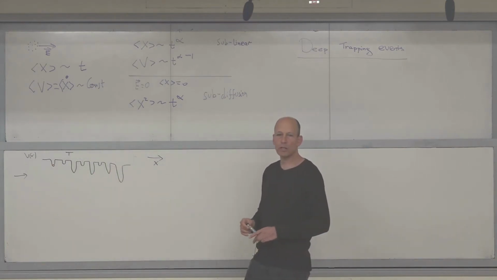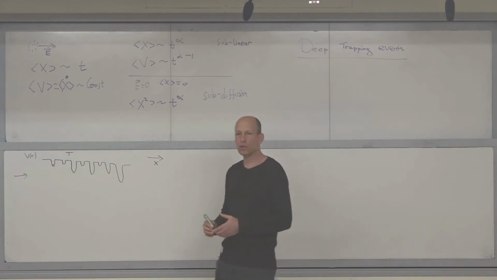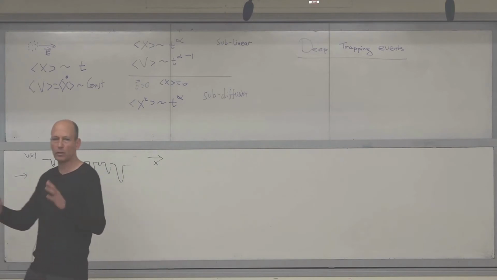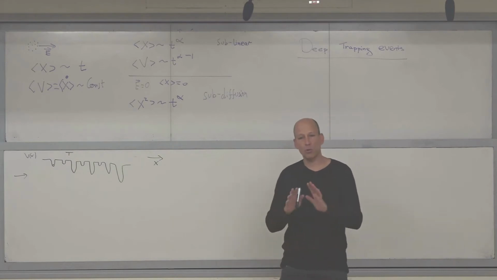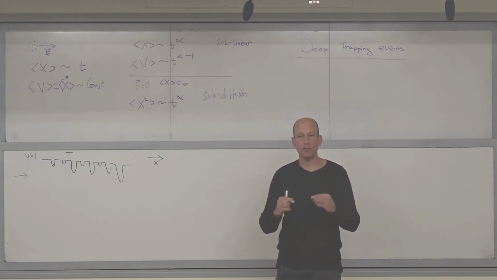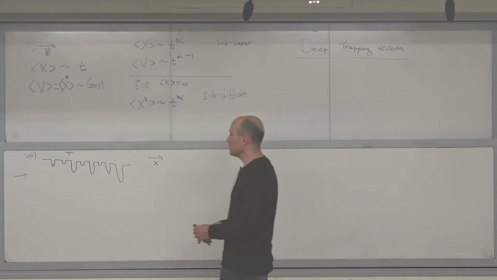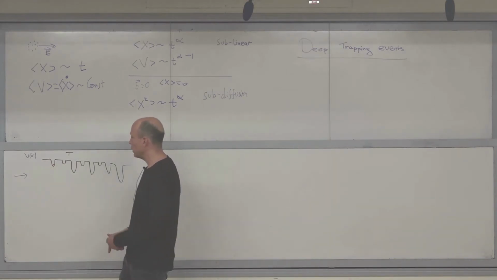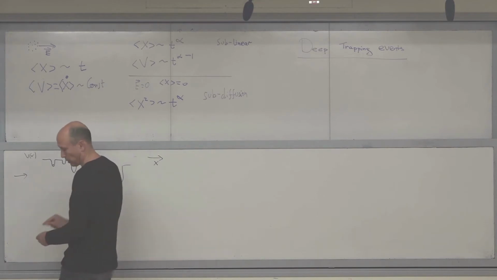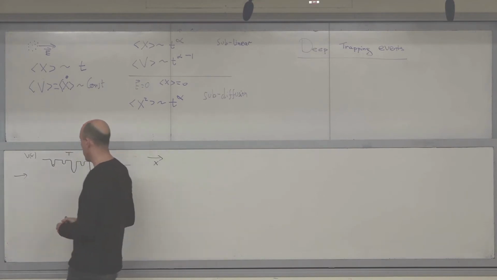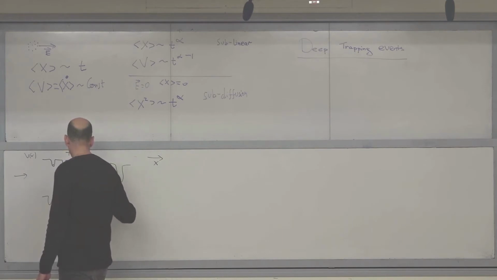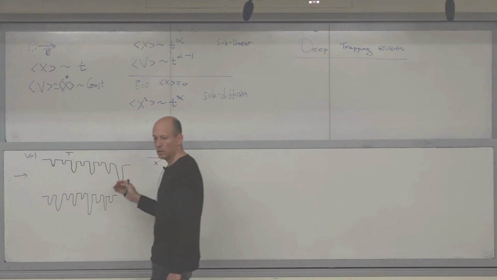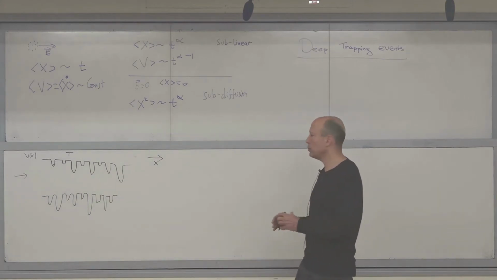So what you see here is that the potential itself is random. Usually in physics you are used to, okay, I have a potential, like the Coulomb potential or something. But in a real disordered system, you have no clue what the potential is. So we say that the potential field itself is random. It means that the electron will see, let's say, this potential, but maybe another electron that started somewhere else might see some other potential, like this. So the potential itself is random, and you need to describe its